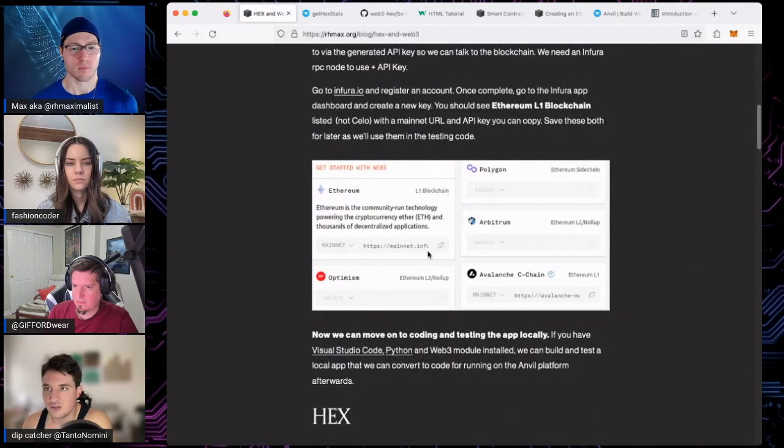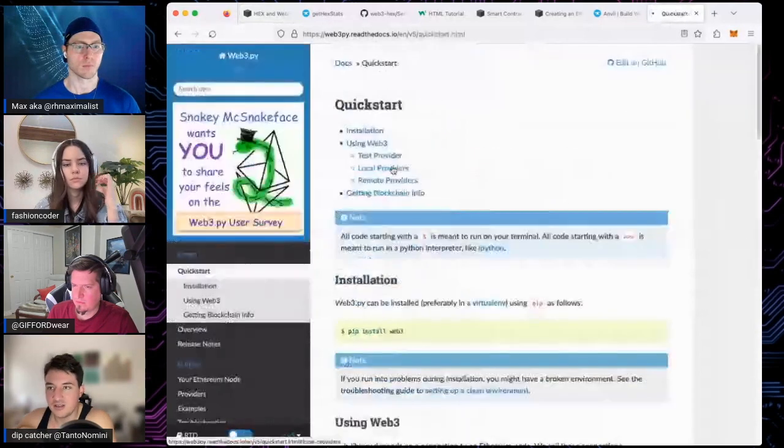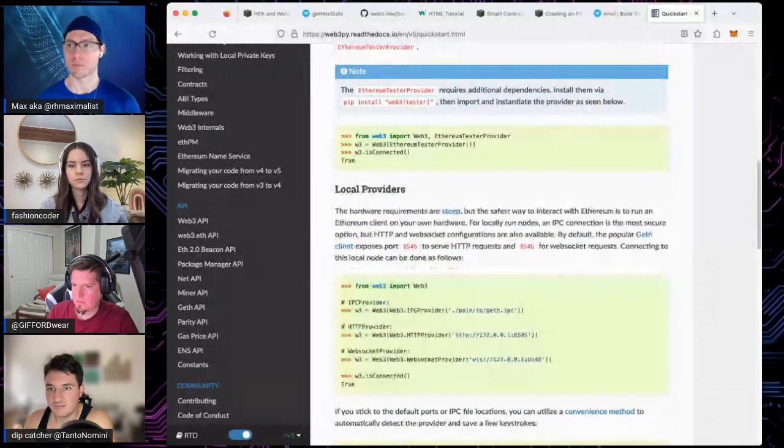So you just find your API tool, so Ethers JS or web3.py. For instance, on the Maximus apps, with Ethers JS, all I do is go to the Ethers JS website and copy the installation script, and it's just like 3 lines of HTML that point to it, and then I paste that into something in Anvil. It's called native libraries. So if you need to import a JavaScript library to use in an Anvil app, you just type in the HTML that imports the library in that native libraries section, and so then all you do is you